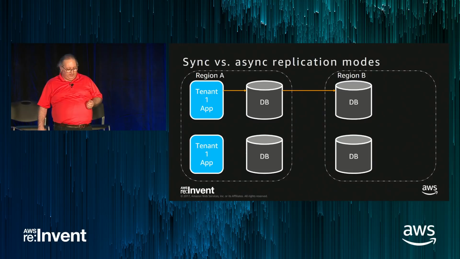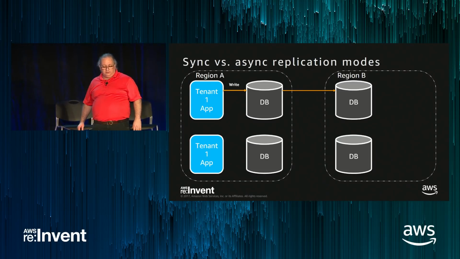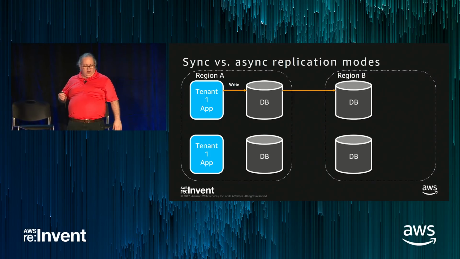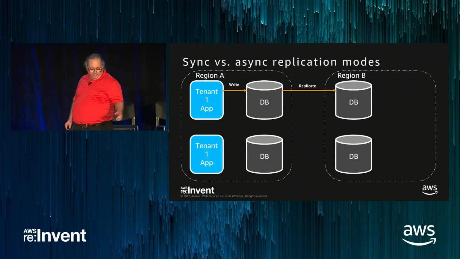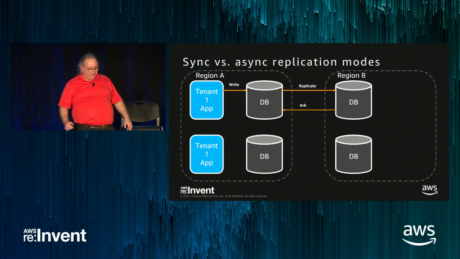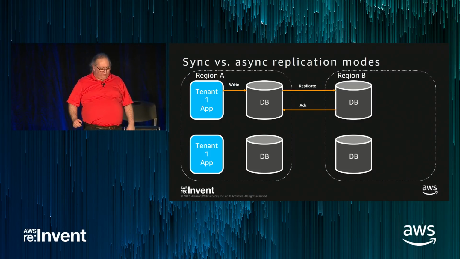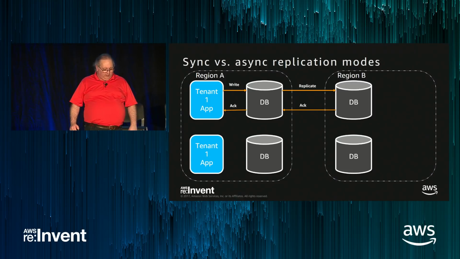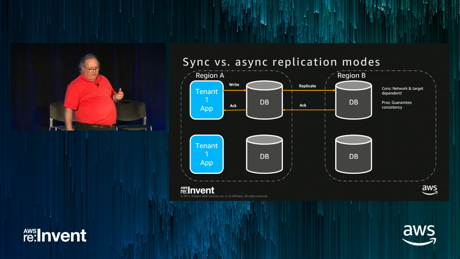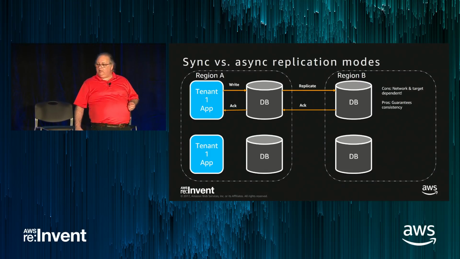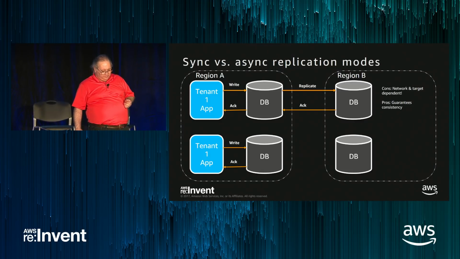And then, of course, think about, am I doing synchronous or asynchronous replication? So when I move stuff across from A to B, how is that going to work? So I write my application to a database and have it replicate, and then have it acknowledge, and then acknowledge back. That works pretty well, right? The problem there is, as we said before, we're network dependent, but it does guarantee consistency. Or eventually it times out and the transaction rolls back.